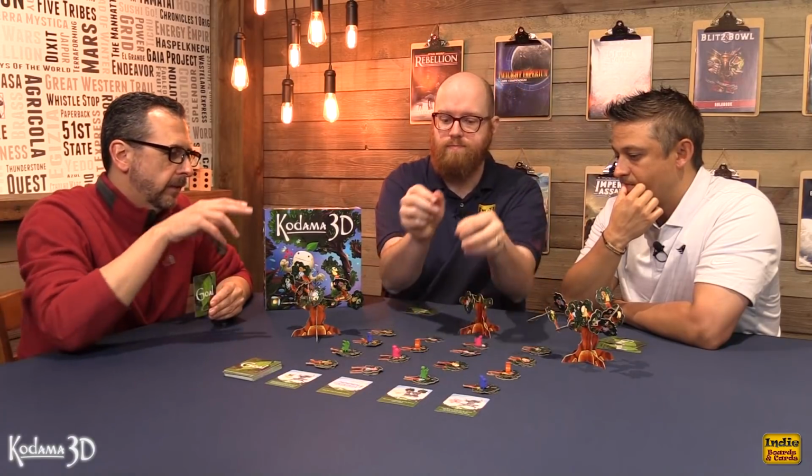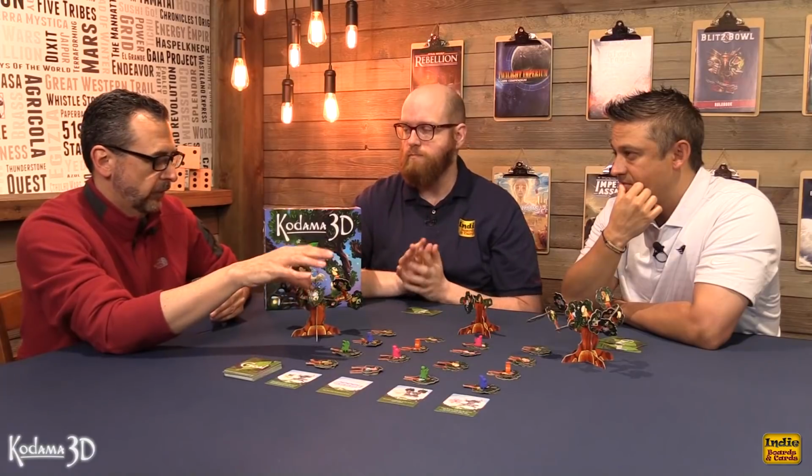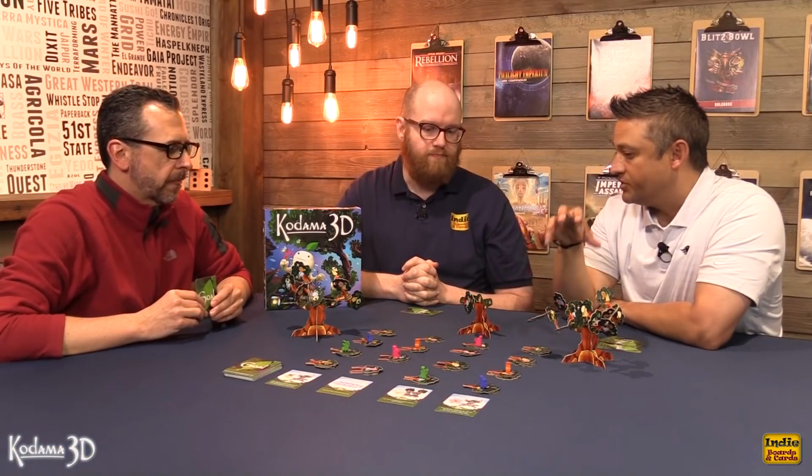Yeah, I really like the drafting mechanic here with the puzzle layered on top of it. It's really, really satisfying, particularly given that you're taking these things and then building out this crazy 3-dimensional tree. So for those people that are familiar with Kodama, what would you say is the differentiator between this and the other Kodama? Obviously the 3D element of it, but what else is really different? I think